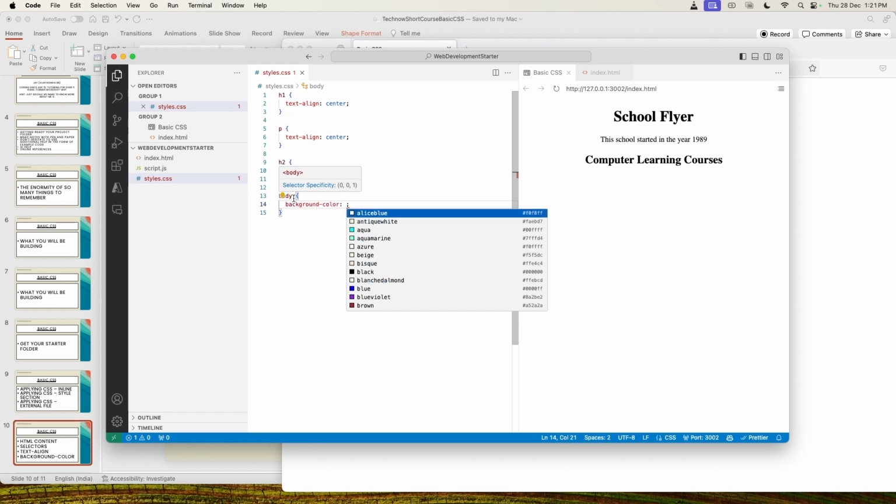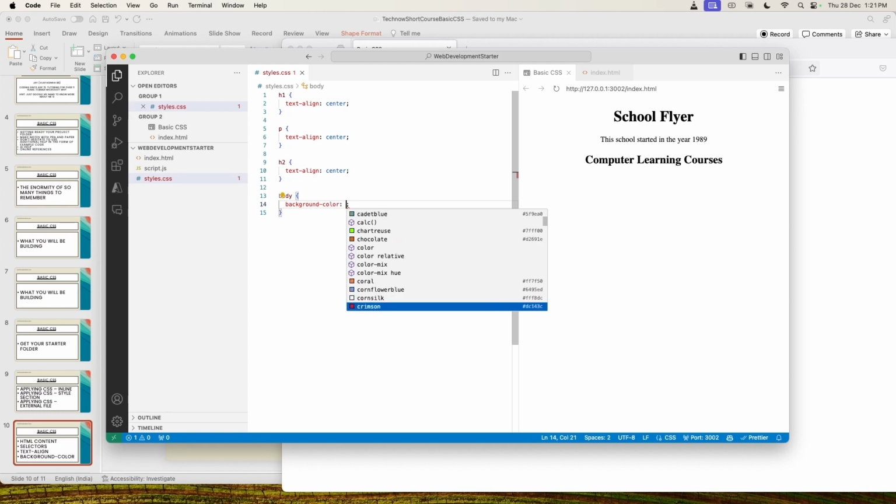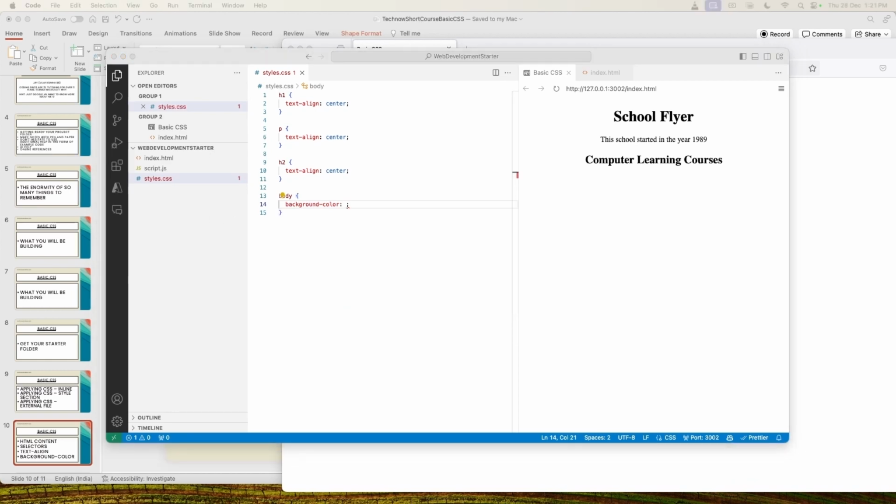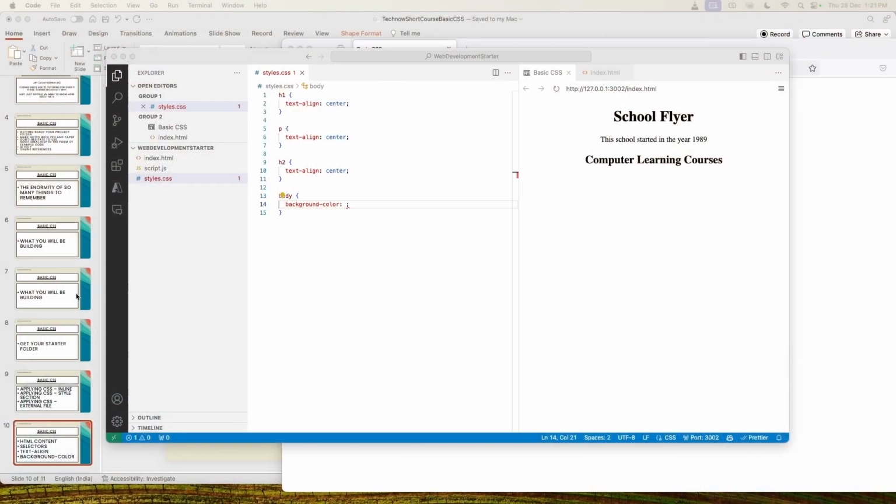Now again, the AI is trying to help me, but I'm going to just type everything myself. There are many ways you can do the background color. VS Code will tell you how to select a color, so I'm just going to take that help. When you're learning programming, try to go with simple things. You don't have to do a lot of fancy things in the beginning. Eventually, as your journey towards becoming a developer progresses, you will definitely be learning more and more advanced ways of doing things, and you should do those things when you start applying for a job. But right now, we want to keep things simple. So go ahead. The computer is trying to help you with some colors. Just go for it. Pick a color.